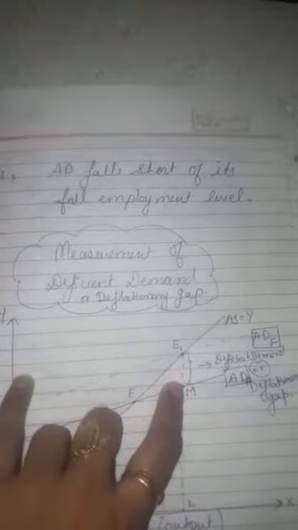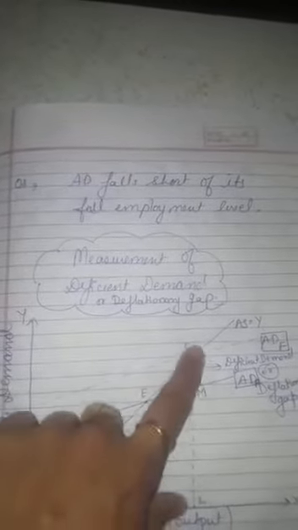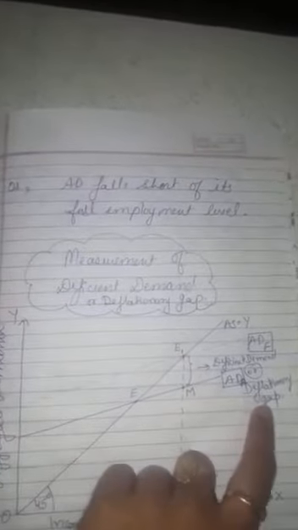Now AD and AS are both equal at point E, so equilibrium is there, but according to our assumption, full employment refers to a situation when output produced is OL, and at this point, which is the full employment output, the aggregate demand, what is actually there, is very much less than the aggregate supply at this level of output in the economy. So the gap between the aggregate demand at full employment level and the aggregate demand which is currently there in the economy, this gap refers to deficient demand or deflationary gap.